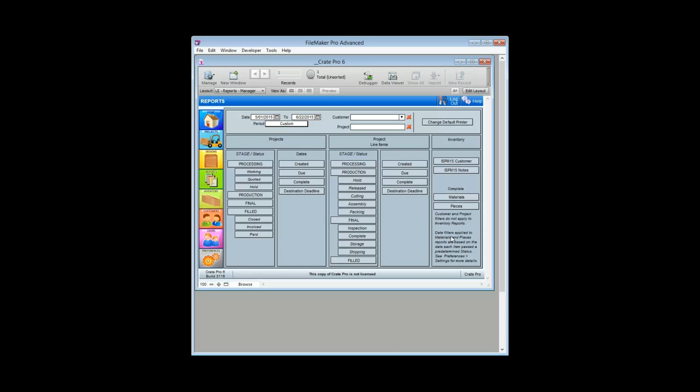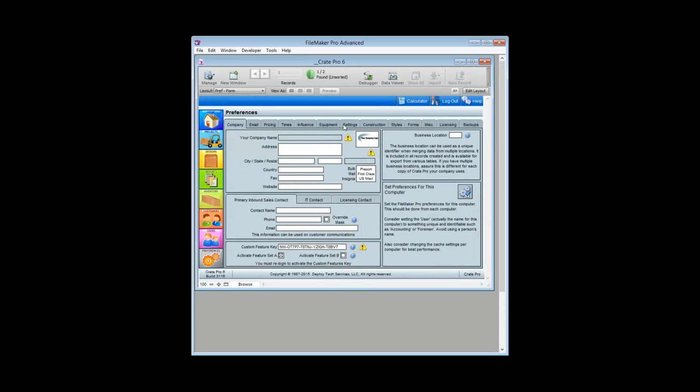Okay, date filters applied to material and pieces. Reports are based on the date each item passed a predetermined status. Okay, see preferences and settings for more detail. Okay, so this is materials and pieces that are complete. Right, let's go to preferences and settings,